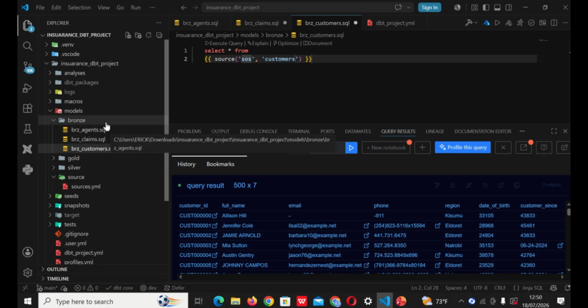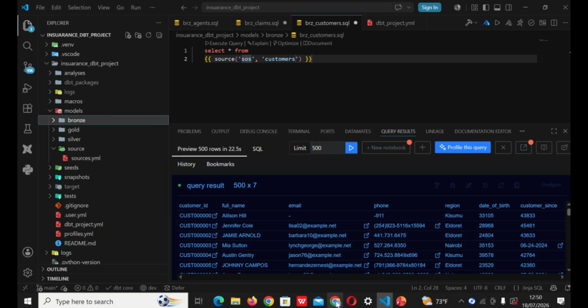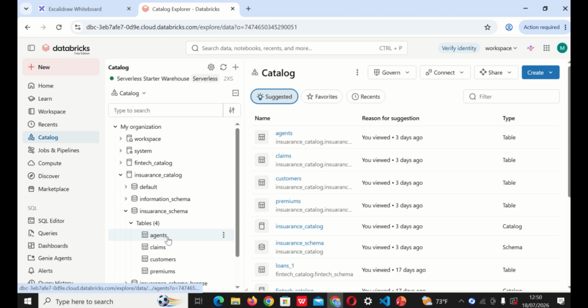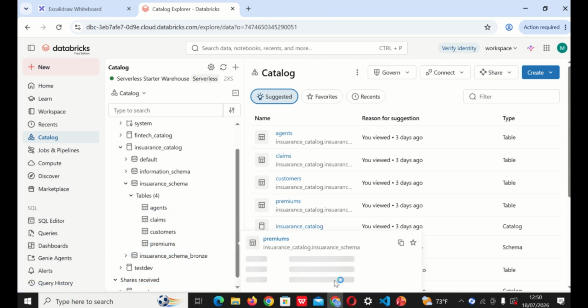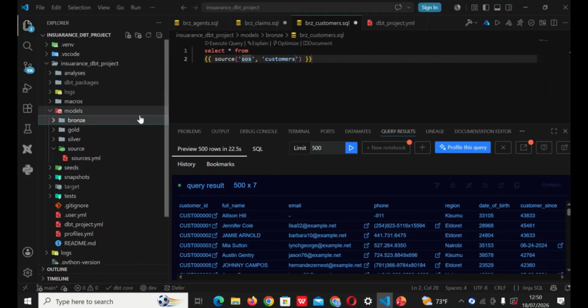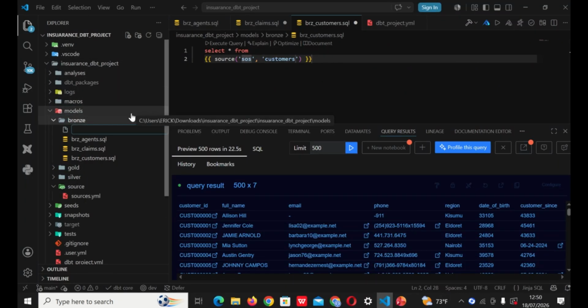So now let's proceed to the other table. So let's confirm. So we have agent, we have claims, we have customer. Now we are remaining with the premiums. So for that, click on bronze and then come to this, then BRZ premiums.sql,